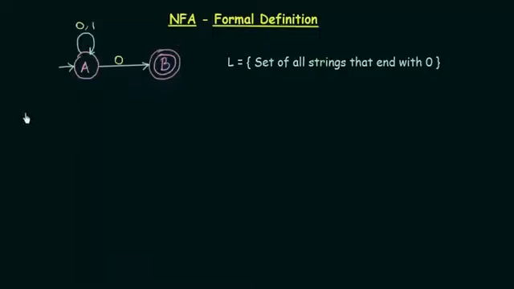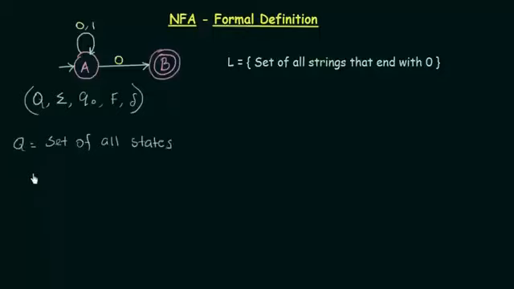Alright, now let us try to give the formal definition. So just like DFA, NFA also is defined using 5 tuples, which are Q, sigma, Q naught, F, and del. Using these 5 tuples, we can define our NFA. And what are these? Let me write it down. It is almost the same as DFA. Q is the set of all states, and sigma is the inputs,